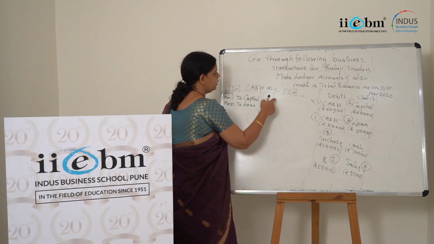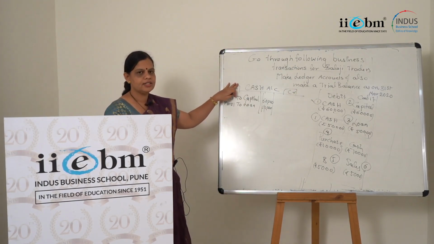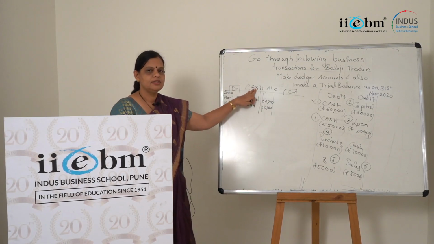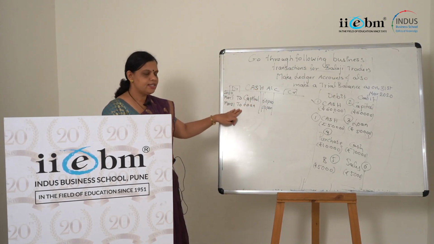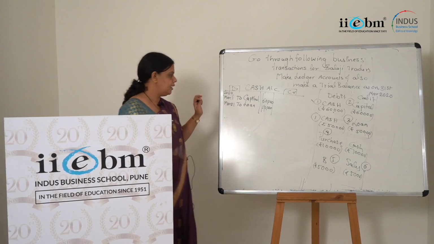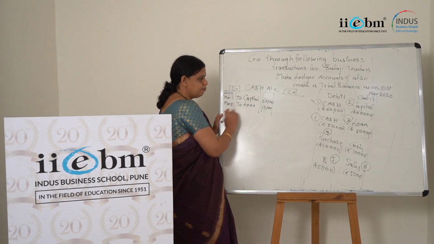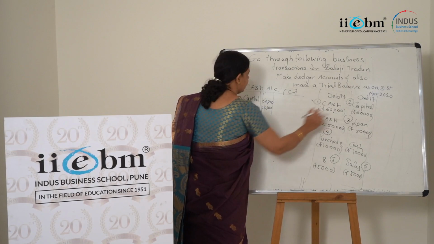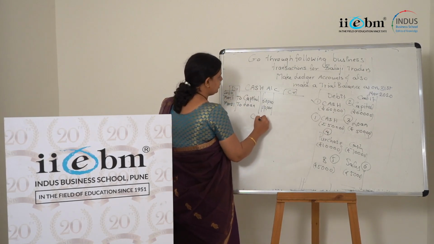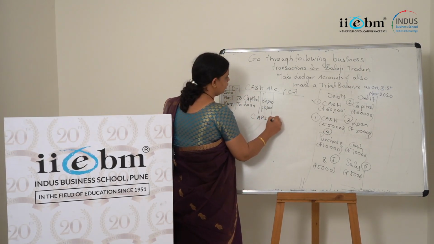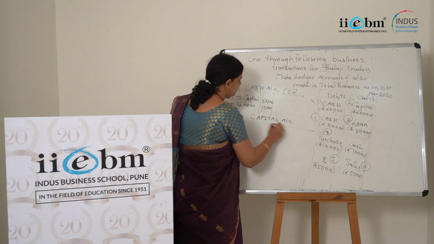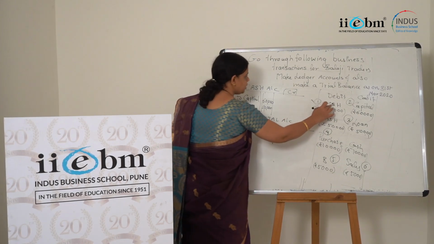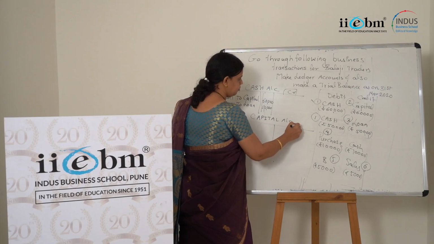Now credit side, nothing is appearing in the cash ledger account. Why? Because cash is your asset and all assets are having debit balance. That you have to remember. Okay. Now second account, I can make it as capital account. Now if I am making capital account, tell me, cash debit and capital credit. This is my credit side.